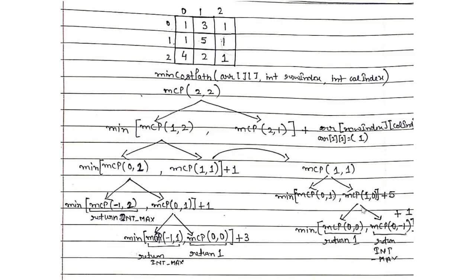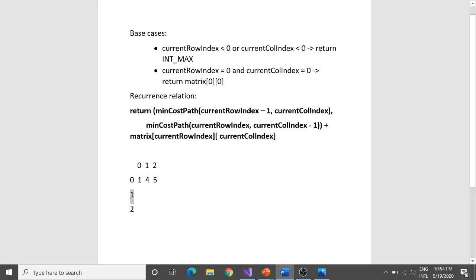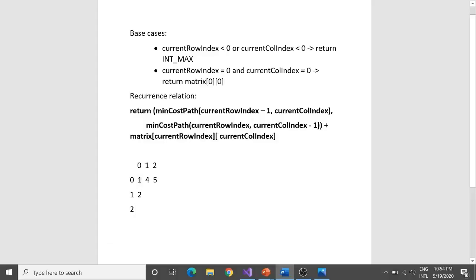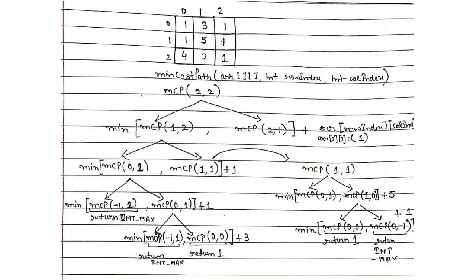So what would be my answer to this one? It would be 1 plus 1, 2, because 1 to reach this cost and 1 to reach this 0 0. So what would be my answer to min cost path of 2 0, or I am talking about this sub problem, min cost path to reach 2 0? Okay, we have not calculated over here, but what would it be?